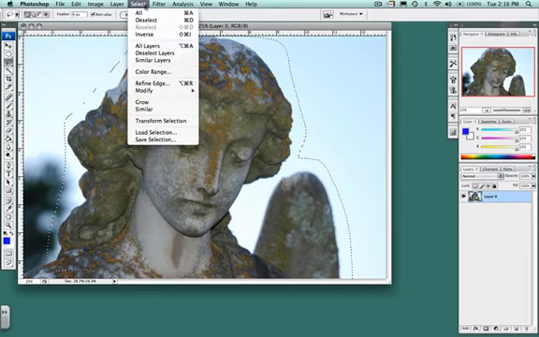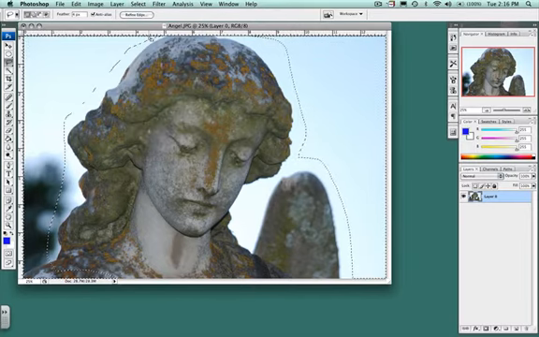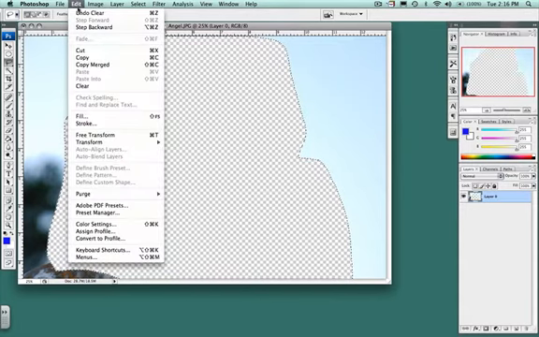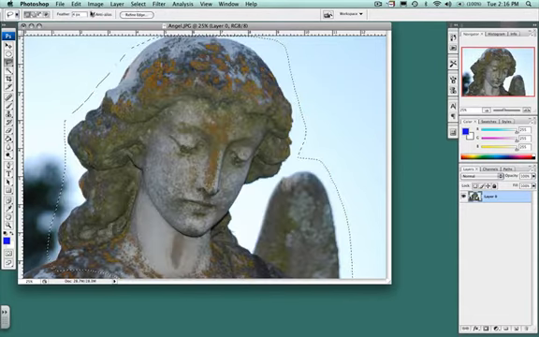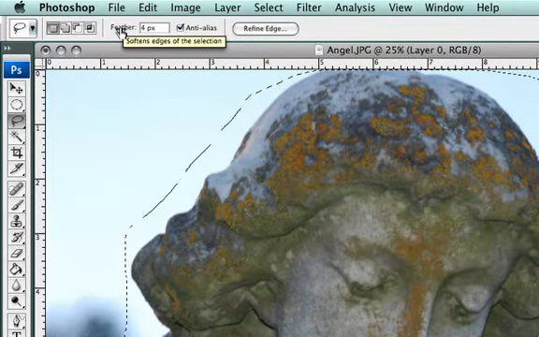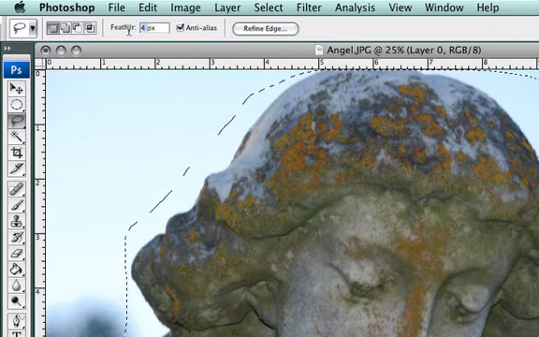If we hit select inverse, that will select the opposite. For example, if we undo the select inverse and we hit delete, we'll delete the image itself, but that's not what we want to do, so we want to inverse that. We'll also notice that we can feather the edge as we did before. We can change that feathering a little bit,